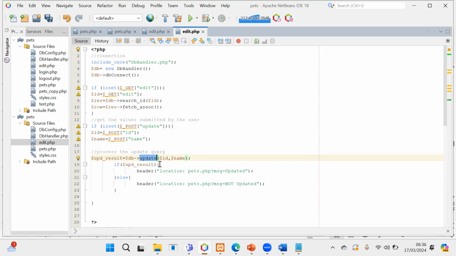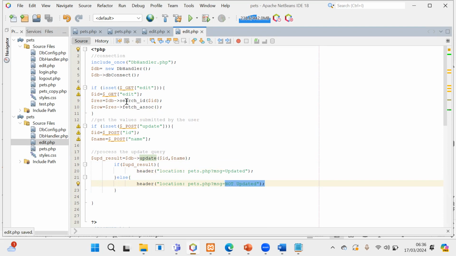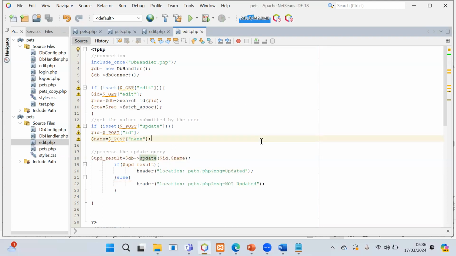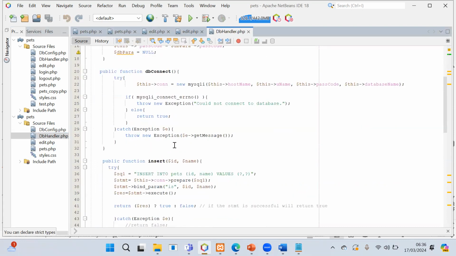And then if this is done successfully, we want to display a message "updated", or we want to display a message "not updated" if the query did not execute properly. So now this is our edit file. The next thing we have to do is, okay, good. So now let's go and provide the functionalities inside our DB handler for